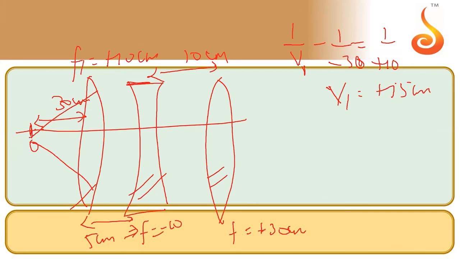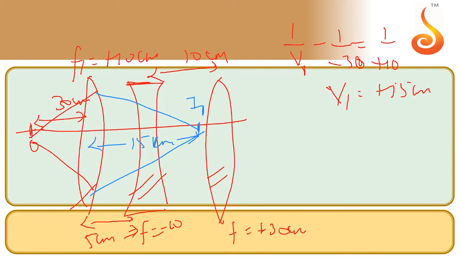So if the ray started from 30 and nothing else blocked the path of the rays, it would have converged at a distance of 15. But that did not happen because one more lens came in between. If you all allow me, can I treat this image number one as the virtual object for the second lens, as pointed out by Mr. Avikal Gupta long back?